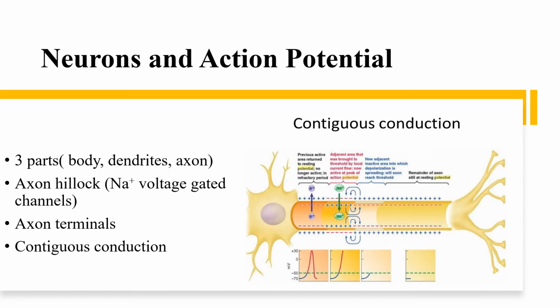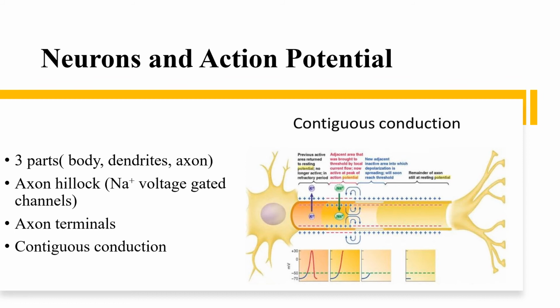The first portion of the axon plus the region of the cell body from which the axon leaves are known as the axon hillock, or initial segment. This is the neuron's triggering zone that contains a large amount of voltage-gated sodium channels. Once an action potential is initiated at the axon hillock, no further triggering event is necessary to activate the remainder of the nerve fiber. The impulse is automatically conducted through the neuron,